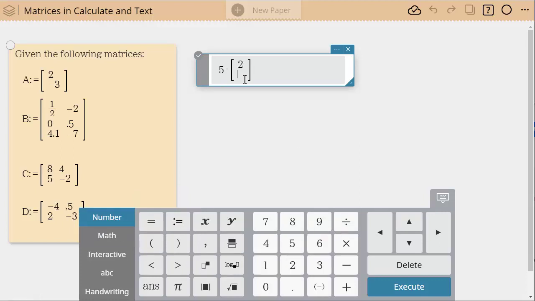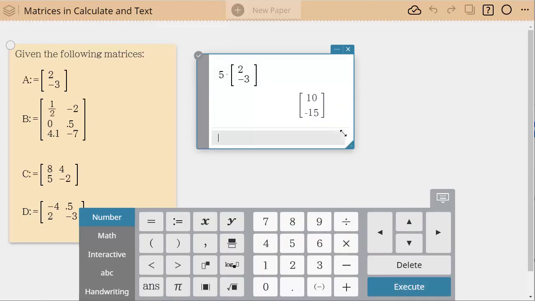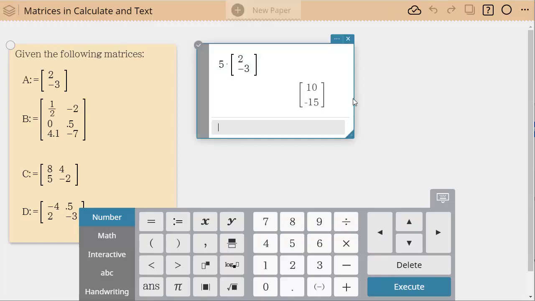So then we've got a -3. And when I hit execute, the calculator will perform the calculation, right? So that's one way to do it, is to have the calculator perform once I've entered the matrices. Let's say I want to use these matrices together. So let's say I want to enter C and D and I want to do many different things with them. So now I might actually define them so that I can use the variables.